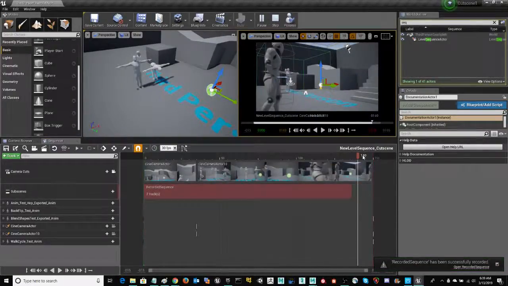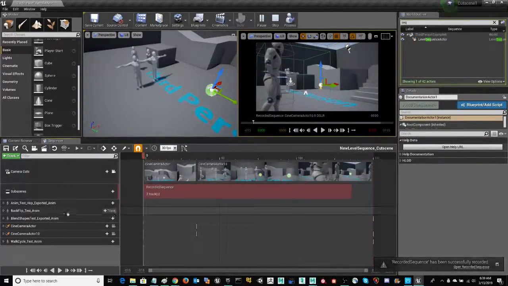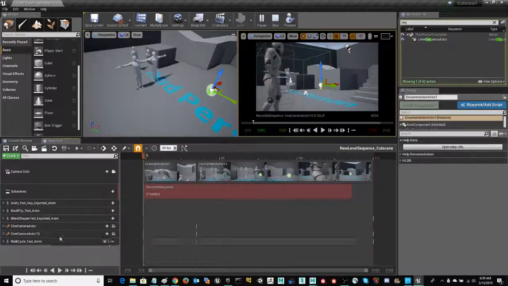In this particular video, we're going to talk about how to integrate particles and